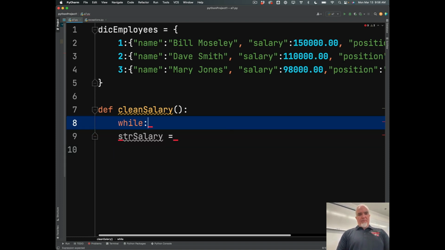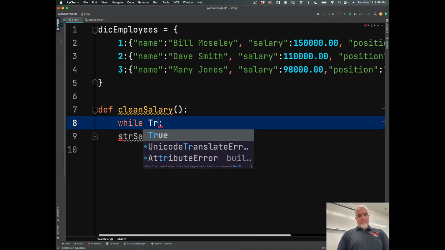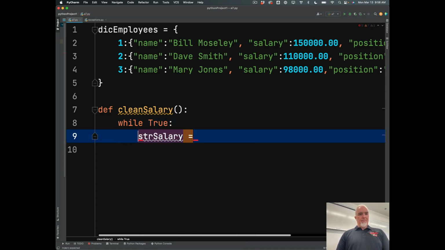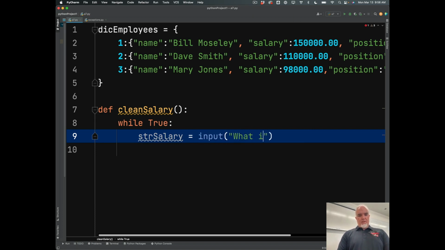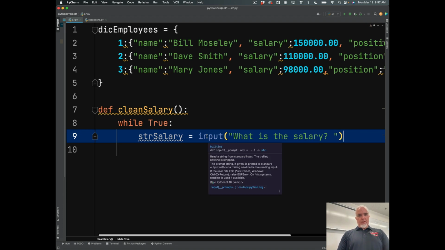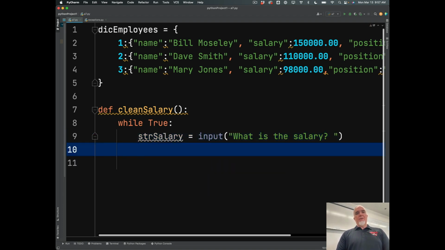So like before, I'm going to set up a while true loop inside the function. Input, and we'll ask them for the salary. What is the salary? Okay. So now we need to